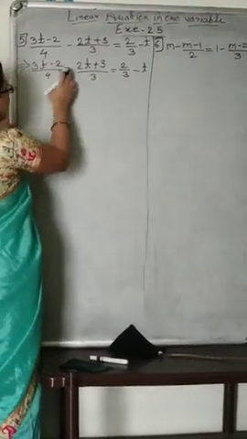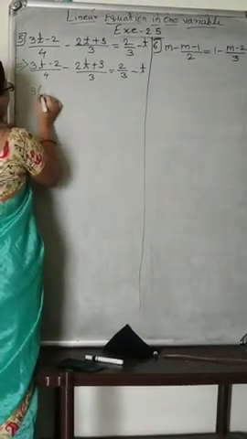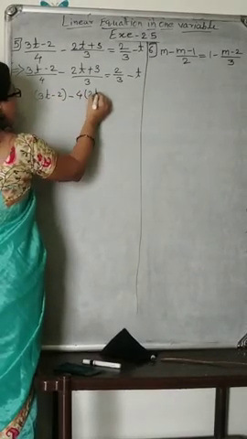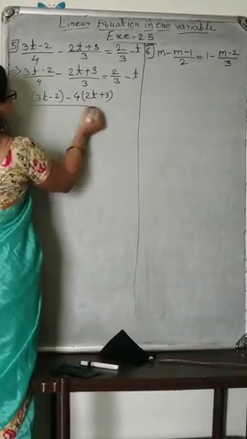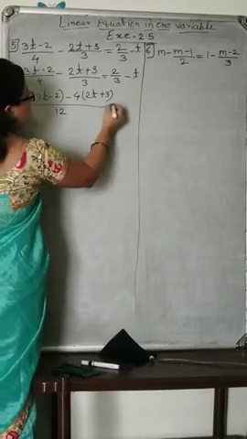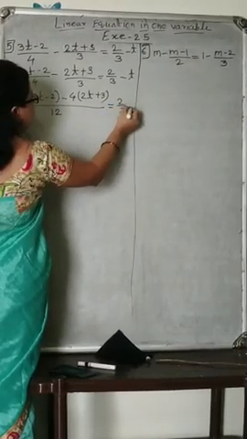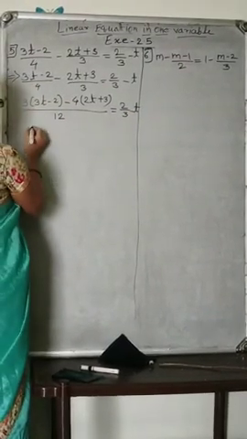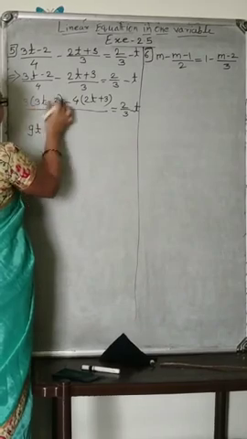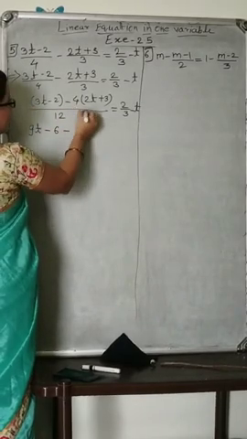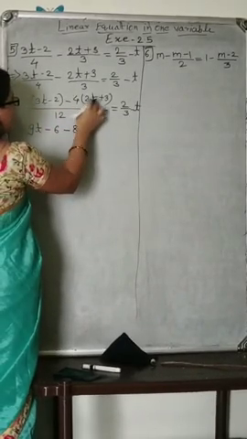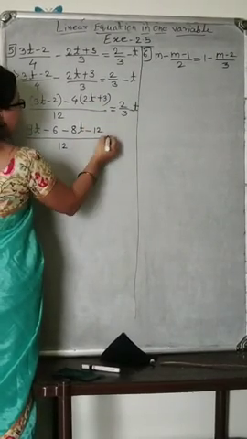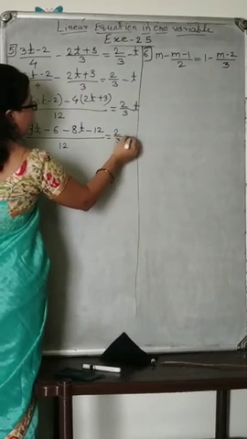Now here what will be there? Cross multiplication. 3 into (3t minus 2) minus 4 into (2t plus 3), divided by 4 3s are 12 will come. And here will come 2 by 3 minus t as it is. First we will solve the LHS values. What will come? 3 3s are 9, 9t minus 3 2s are 6. Then 4 2s are 8, and minus 4 into plus 3, minus 12. And divided by the 12 will come, equals to 2 by 3 minus t as it is.